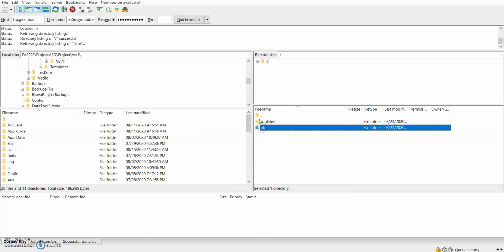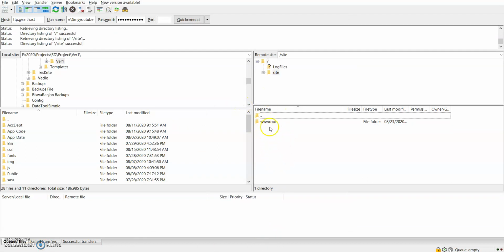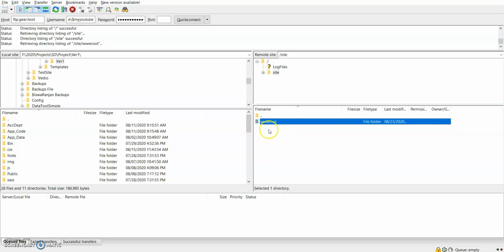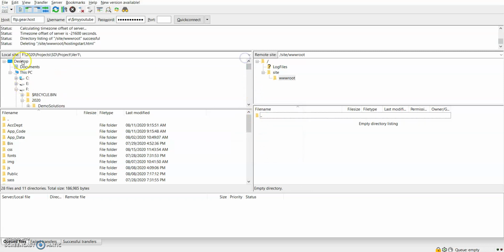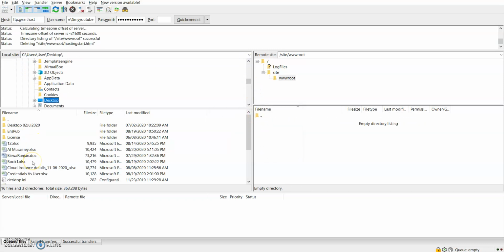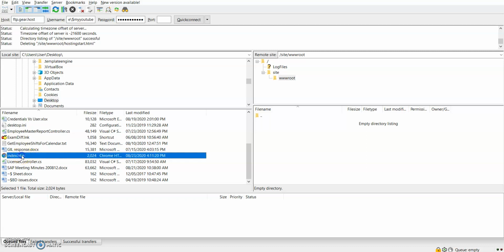Once you are connected, on the right-hand side you can find the site. In the site you can find www.root. In www.root, delete this hosting start.html. In my desktop I have that index.html file. So this is the index.html. Right click and upload.